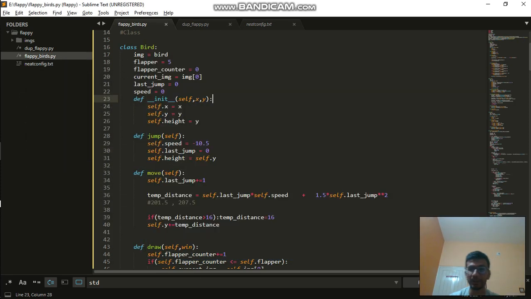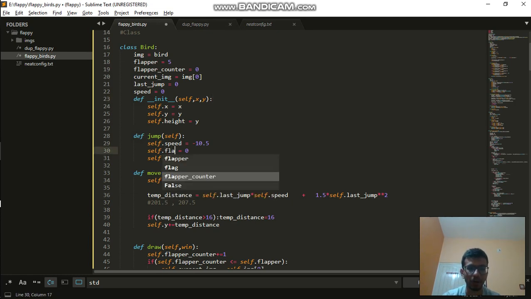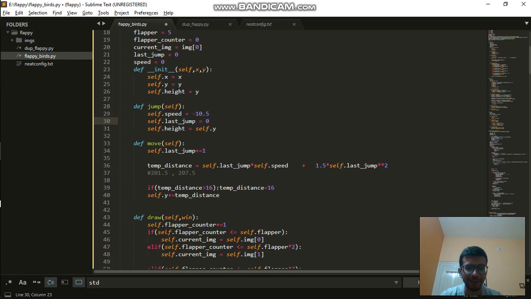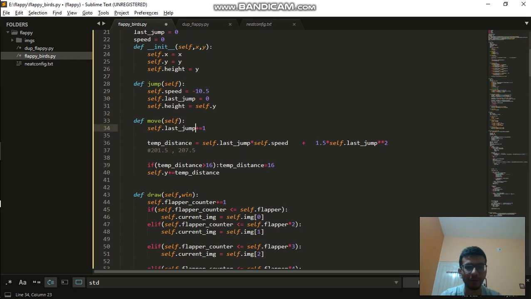Okay, so we finally got the mistake that we were making. The mistake was that initially we had flapper counter. Now, flapper counter is basically the wings movement. We don't want that. We want the record of our last jump. So that's one mistake that we were making. There were a few others, so we will iterate through them one by one, the mistakes that we